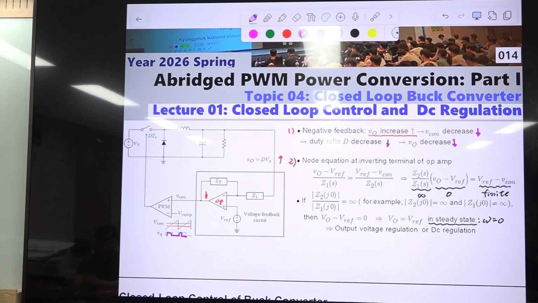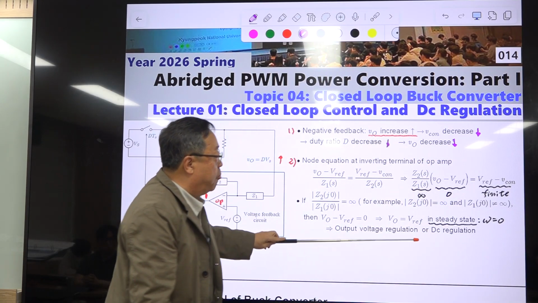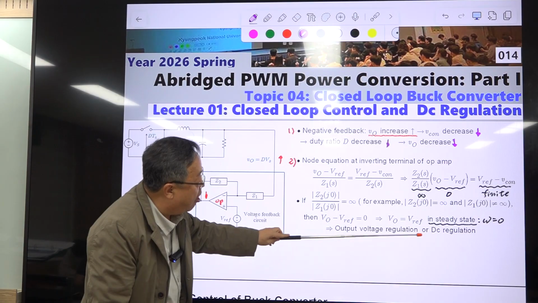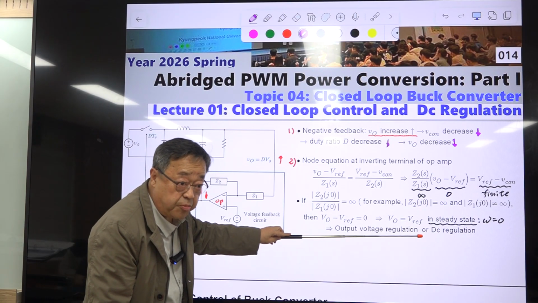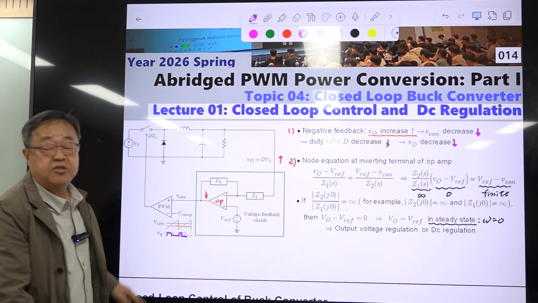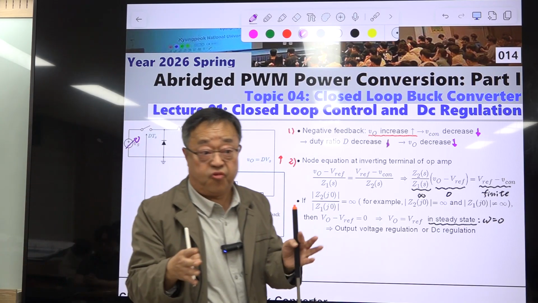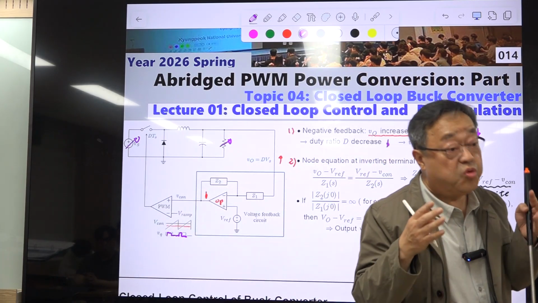Okay, how much means this is the condition for the output voltage regulation. You want to keep output voltage constant, at the desired value, for this case this V reference, regardless of any changes in input voltage and load current and operational mode. Okay, converter can be CCM and can be DCM, and the gain formula is different. CCM and DCM gain formulas are very different for the same duty ratio.